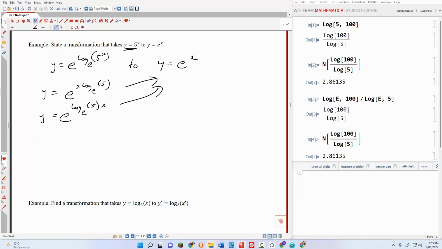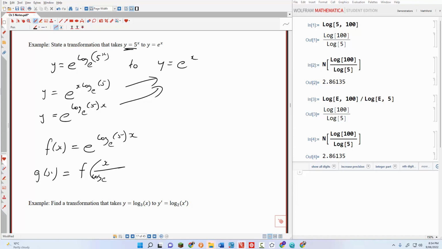So if you want to imagine this is a function, f of x equals e to the log e 5x, and you want to create g of x, which is this function here, e to the x, you think to yourself, well, what do I do to f of x to make this happen? What would I sub in? I would say that g of x equals f of, and what I would do is replace x with x